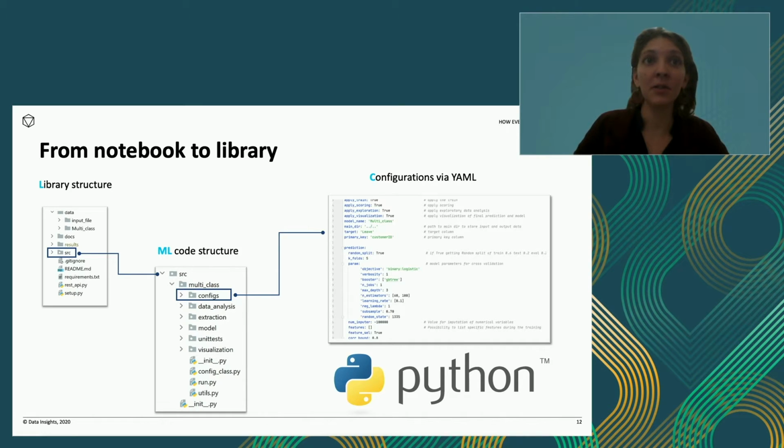We had a setup.py that allows us to package the library. We have the requirements.txt that actually made this shared environment, so everybody can just use it in their local environment. We have a README where everybody can understand what this library is doing, and the possibility to document also our functions. The second column there, you see the ML code structure, and that's basically one of the most important